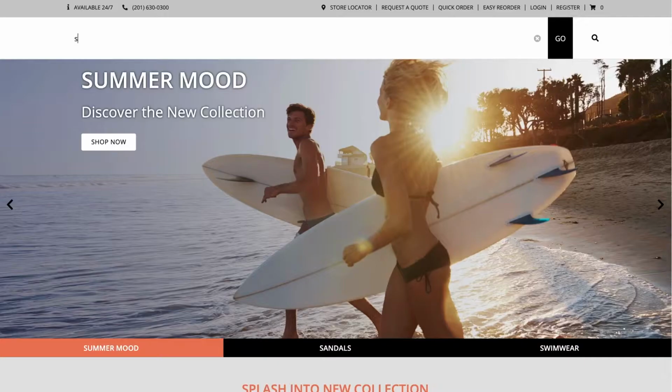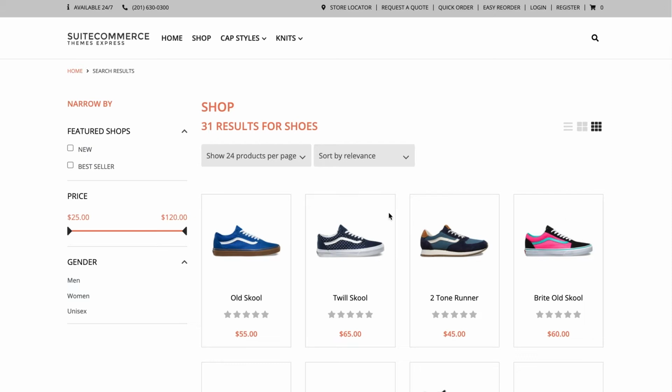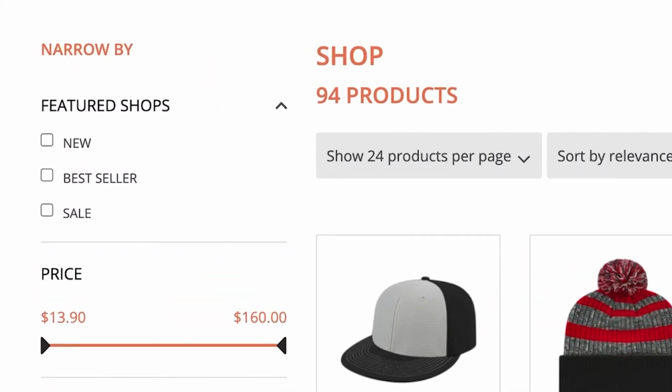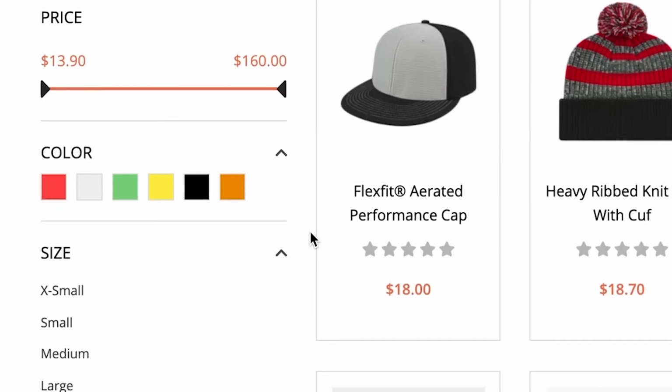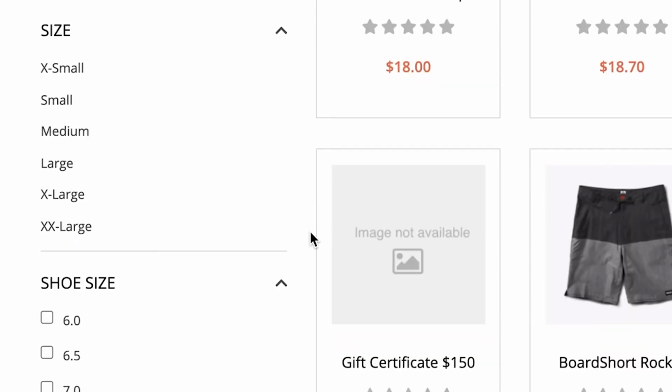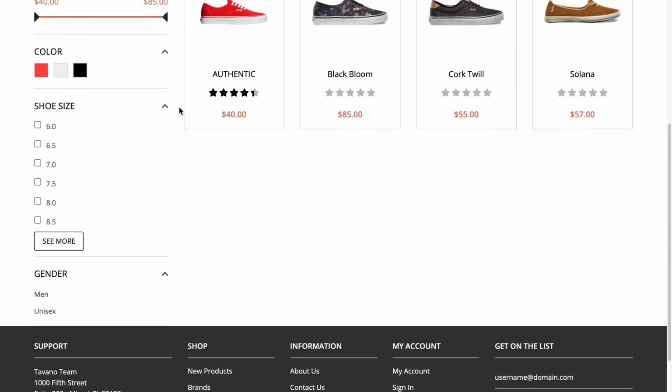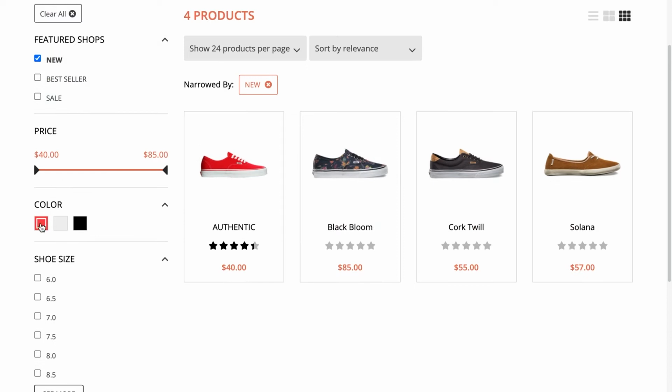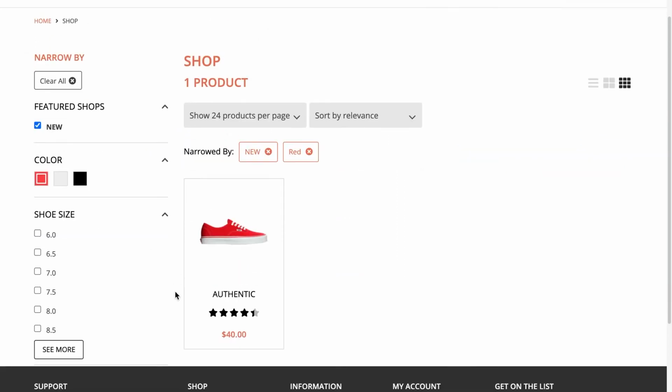For example, if a customer uses the search bar and types shoes, all relevant items that are related to shoes will appear on the results page. To narrow down the search results, users can use the facet filters in the left navigation panel. These filters are item attributes and can be multiple, for example, size, color, price, etc. When the customer clicks a facet value, the search results are reduced to only the items that have that value, and additional clicks continue to refine the search results.